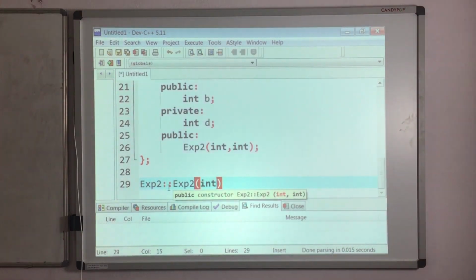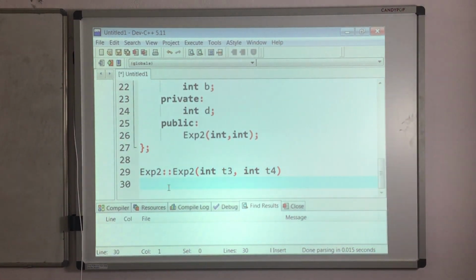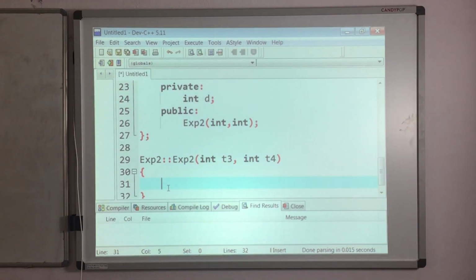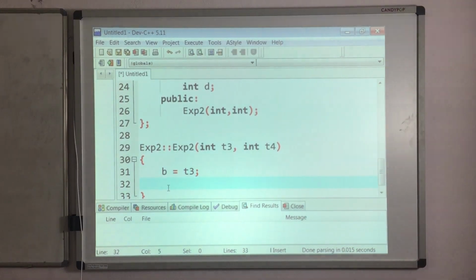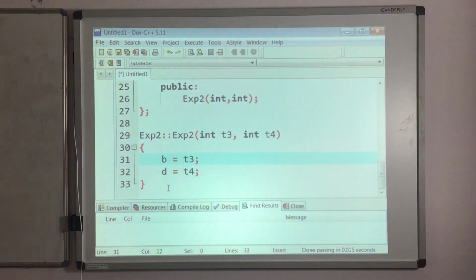Receive the parameters using formal parameters. Just to give the difference in names, I am taking T3 and T4. Then write the definition: B equals T3, then D equals T4. Clear? So now two classes, two constructors we have defined.